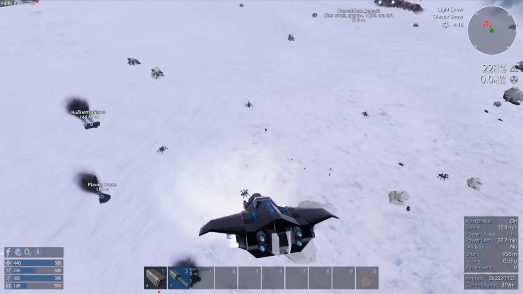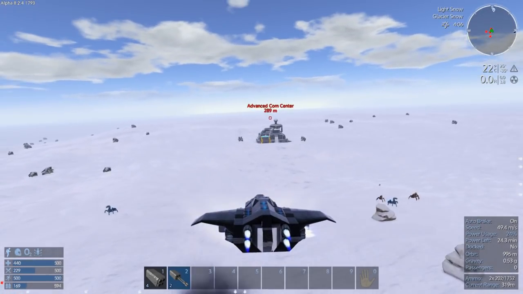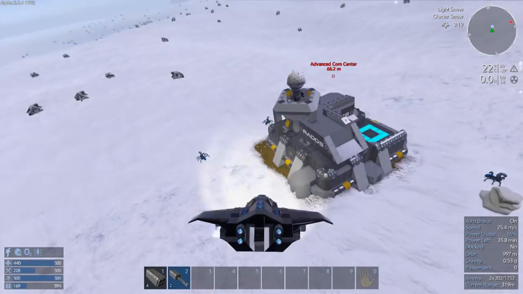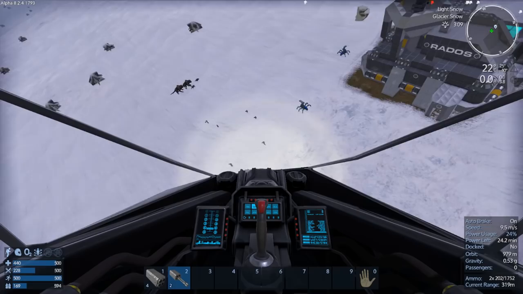There's a lot of them. So I'm not going to loot those drones in this case. Oh my god, look at them all. Yeah, this is Xerax Central around here. Lots of spiders. You can see it's struggling to load them in because I'm on top of them